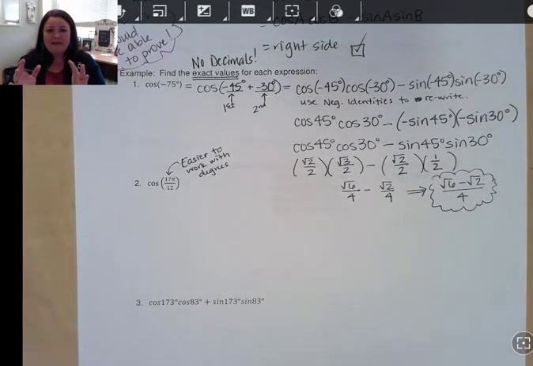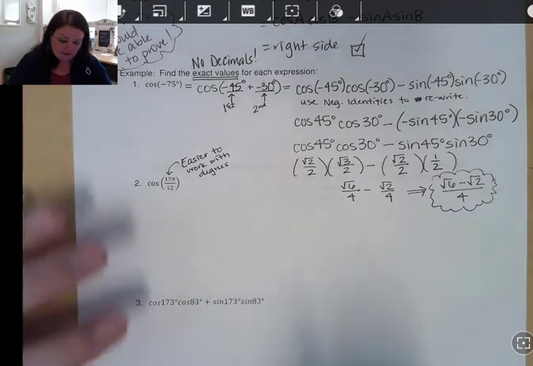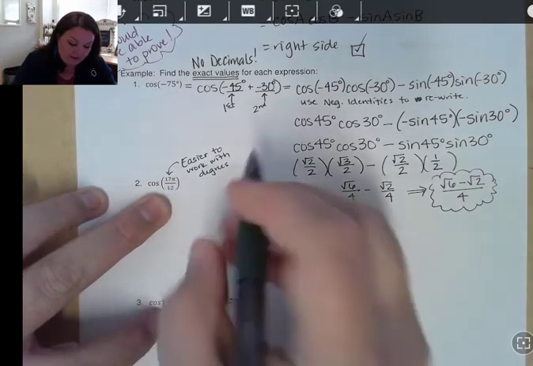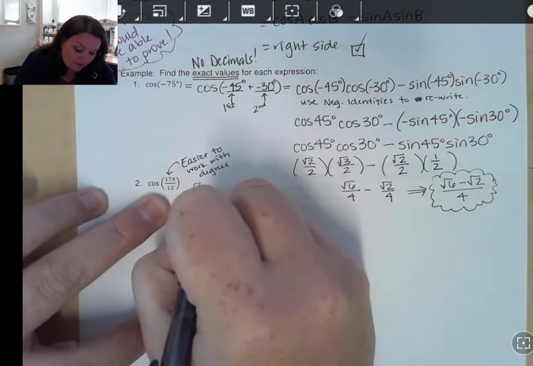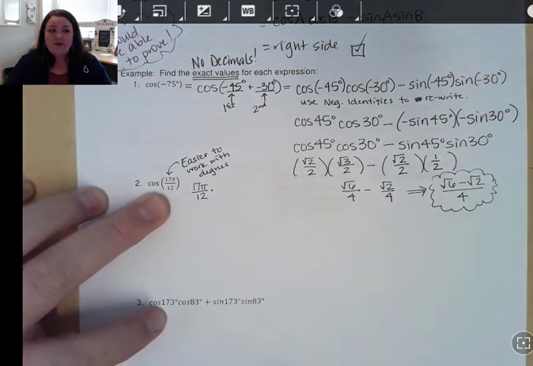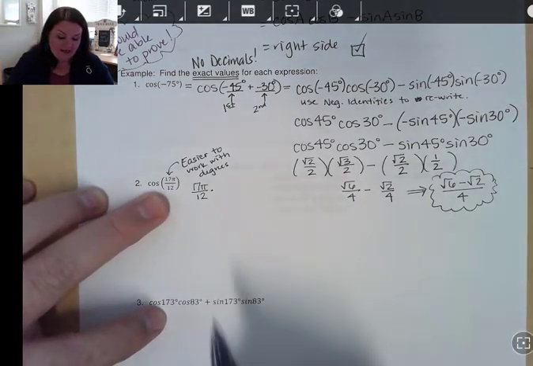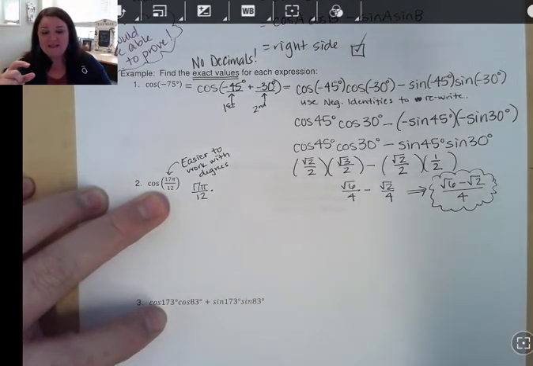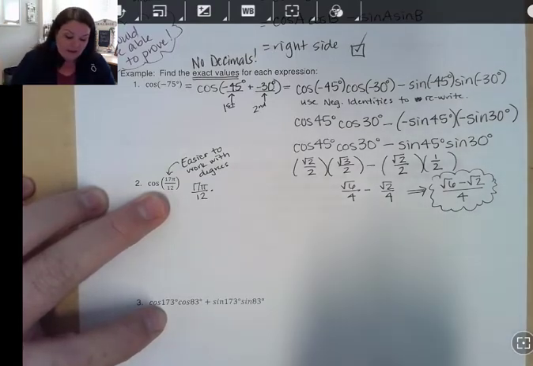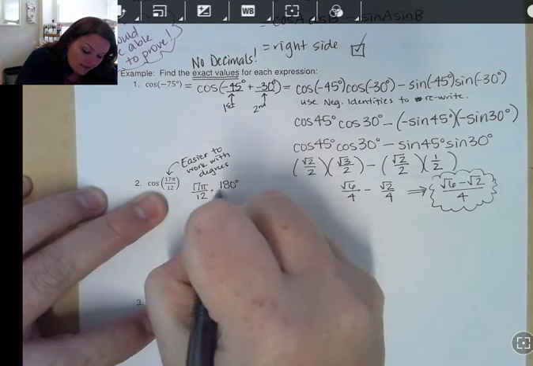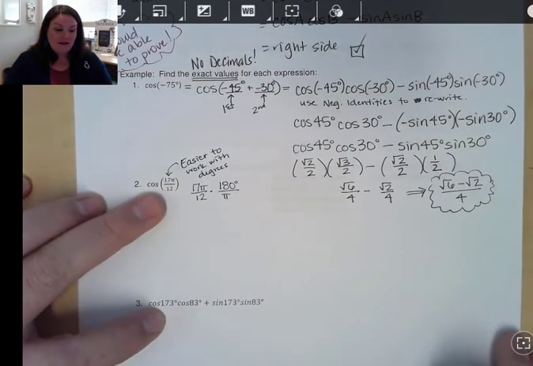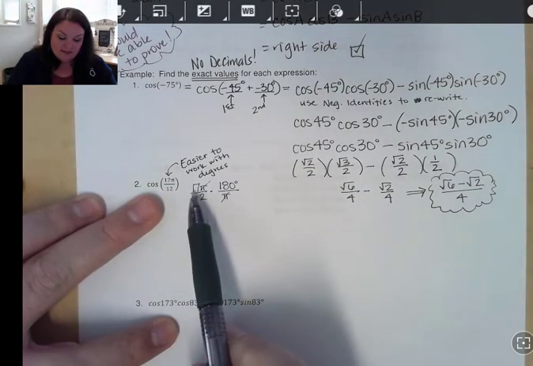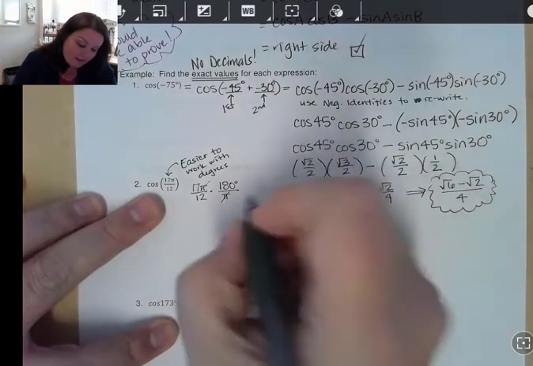How to change a radian value into a degree value is we take that radian value, 17 pi over 12, and we multiply it by a ratio that will change it to degrees that will cancel out the pi, right? And our ratio is that pi radians is the same as 180 degrees. So we can go ahead and do 180 degrees over pi radians and multiply that out. Okay, that way our pi's will cancel, and if you multiply 17 times 180 and divide it by 12, this is the same as